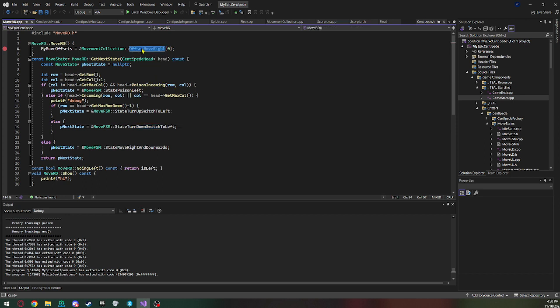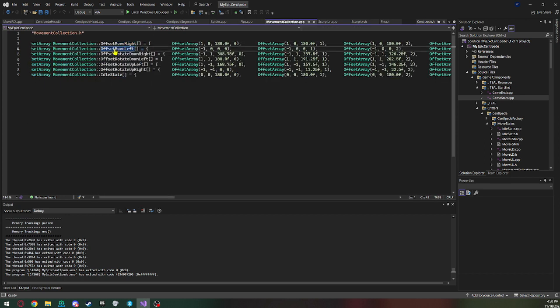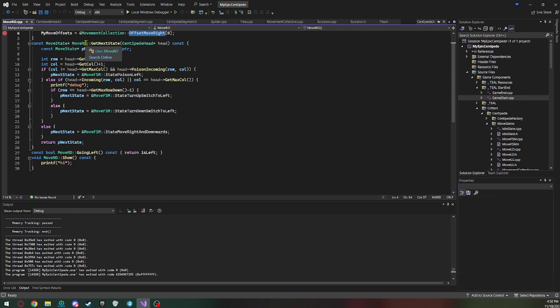So each of the states have an offset based off of which way it needs to move. These offsets have position offsets, rotations, and an index. The index is used so that the centipede knows when it reaches the end of its state. When it reaches the end of the state, it needs to know what its next state is